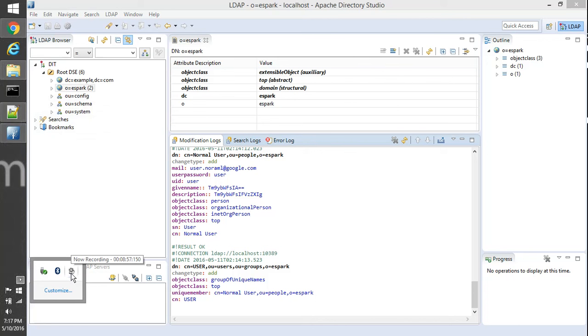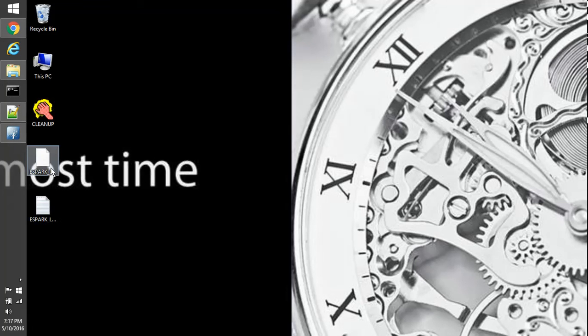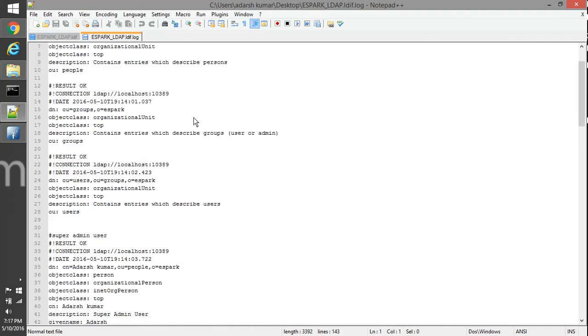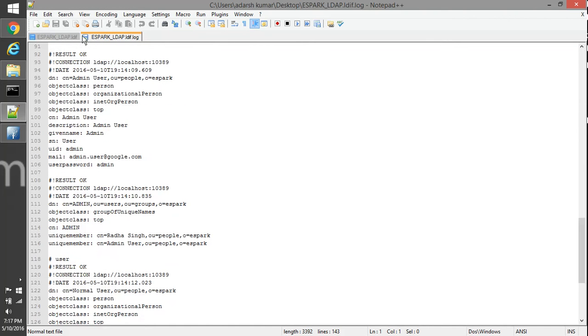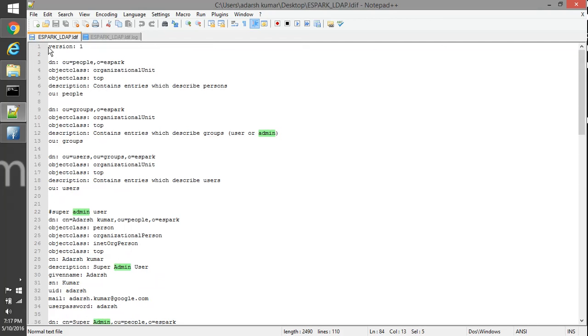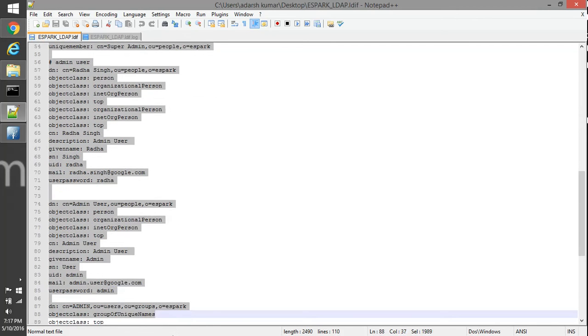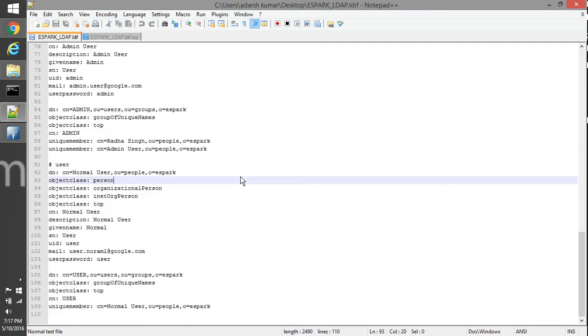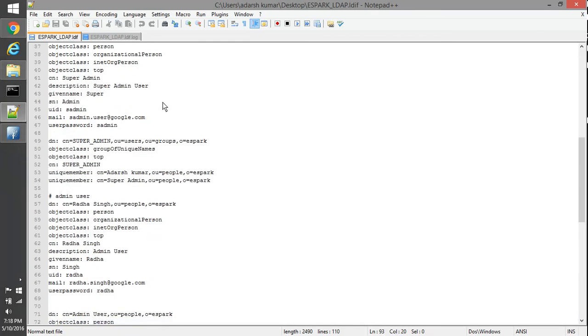I'm going to share this LDAP file. This is a log file which I was showing you over the console, showing what it has inputted. I'm going to share all this with my Spring Boot external LDAP application, so this file will be a part of that.